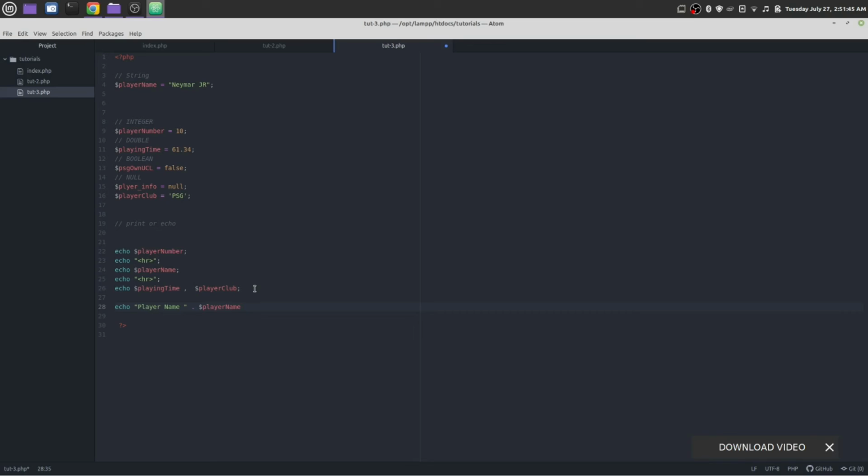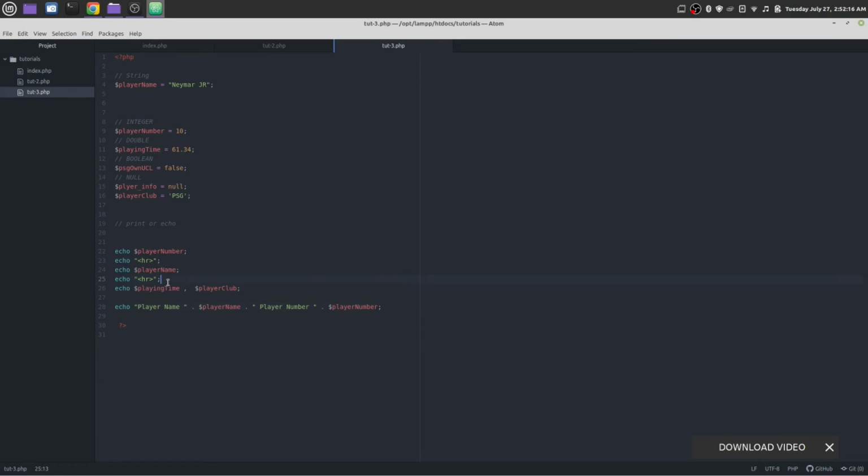Next, once again concatenate with this dot, and this would be a double quotation mark to write any string. Player number, and add some space so it will look more beautiful. Player number.